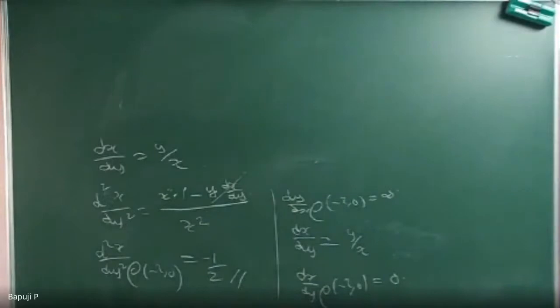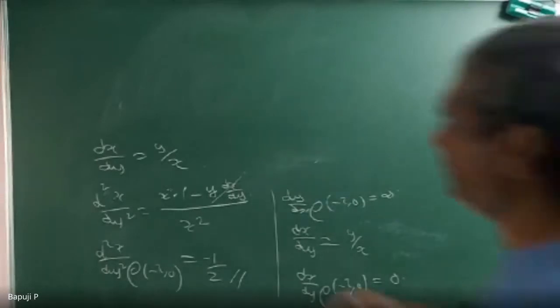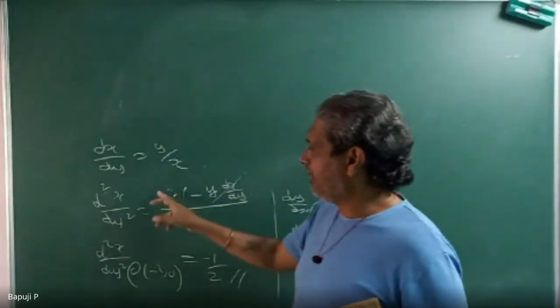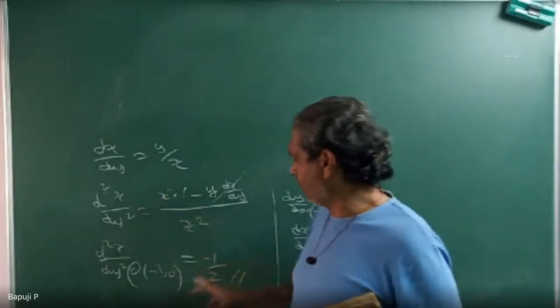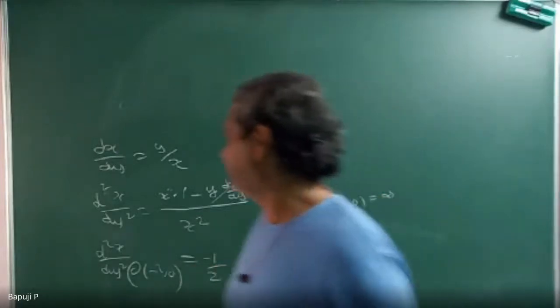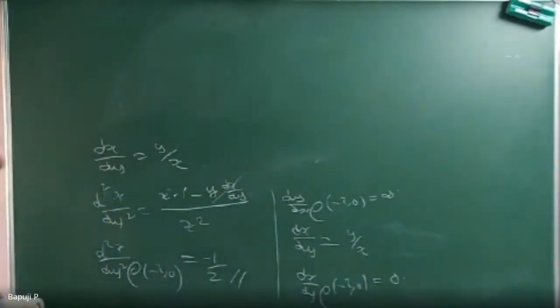I am skipping the steps. If you want, you can substitute and see, no problem. Substitute x as minus 2, denominator minus 2 whole square, y value 0 into dx by dy, also 0, so nothing remains. I don't want to do all sorts of nonsense. This term vanishes, because 0 into 10 lakhs is also waste. The remaining is x by x square, 1 by x. If I substitute x is equal to minus 2, my job is over. So d square x by dy square at minus 2 comma 0 is minus 1 by 2. Any problem?